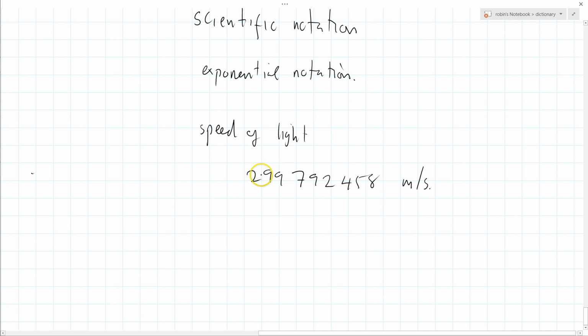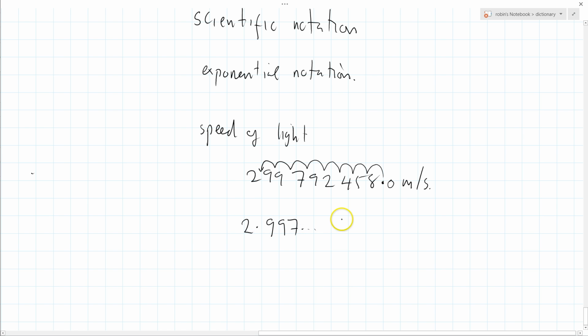Well, that's a bit of a mouthful, and if you're looking at that, you think, oh, is it 2 million or 2 billion or, oh, what's that? So what you do to express it in scientific notation is you put a 0.0 on there, or you just put a decimal point so you can locate it. And then what you need to do is to bring it back 1, 2, 3, 4, 5, 6, 7, 8 places to get